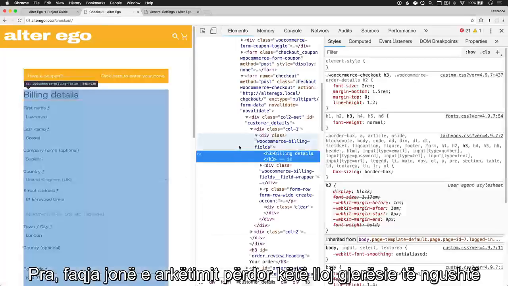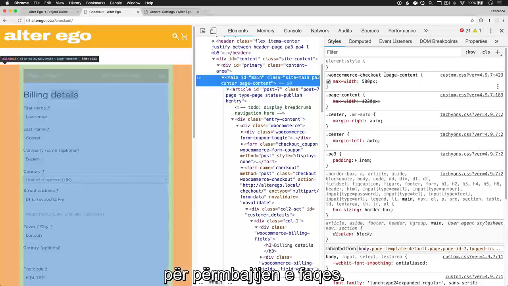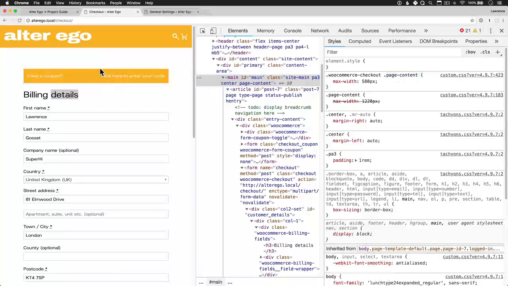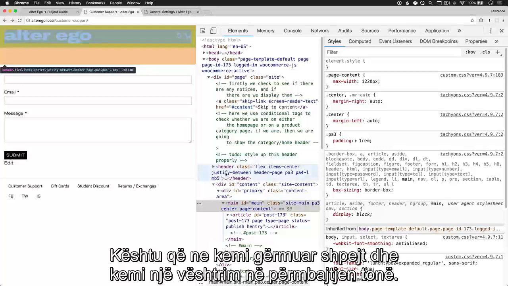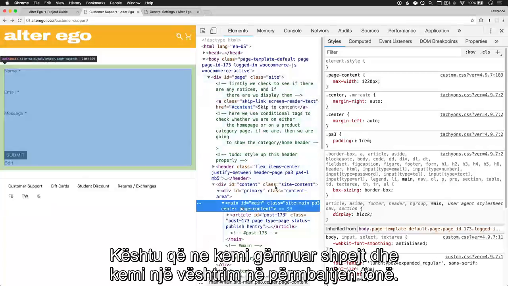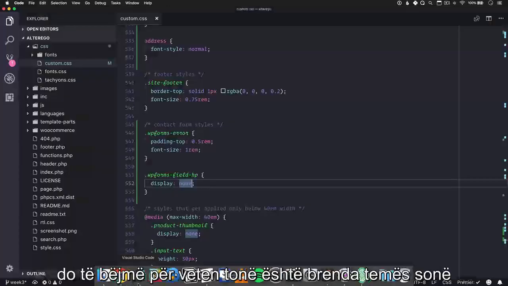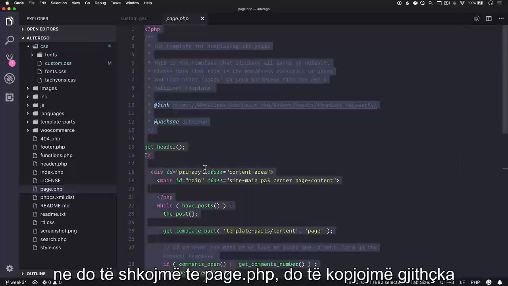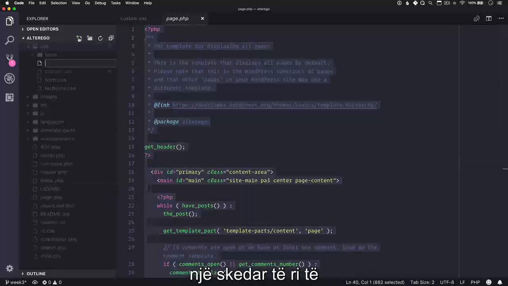So our checkout page uses this sort of narrower width for the page content, and we're going to do the exact same thing for our customer support. So if we have a quick dig through and have a look at our content, we've still got this page content here. And what we're going to do inside of our theme is go to page.php. We're going to copy everything that we have there. We're going to create ourselves a new file